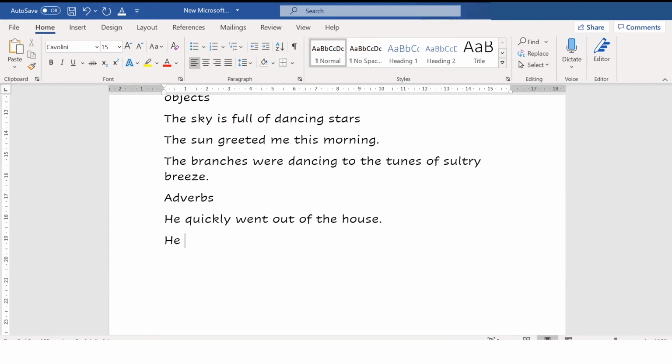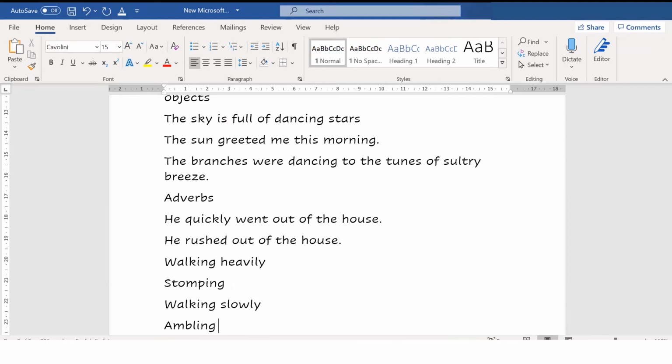And then you write, he rushed out of the house. What is more powerful, right? So maybe you write walking heavily. This is an adverb. So what do you write? Stomping, right? Or say walking slowly is ambling.